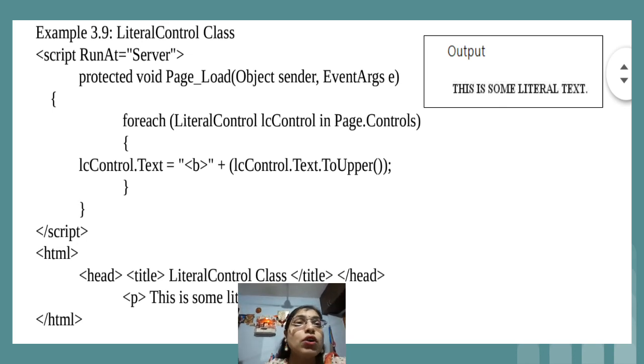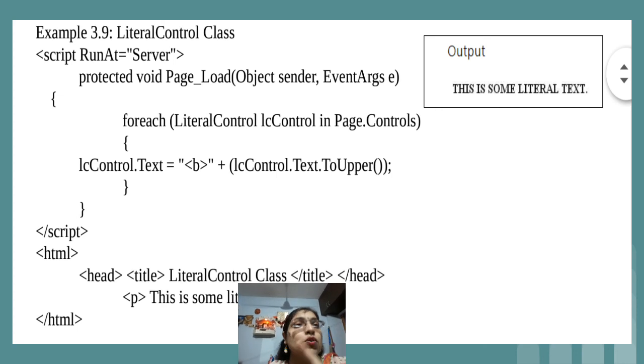We have not used the body tag; directly after the head tag we make use of the P tag, and we have written this code inside the script. In the code, we have written foreach, in round brackets, literal control LC control in Page.Controls. Page is a class, and Page.Controls means the controls present inside the page, that is our .aspx page.